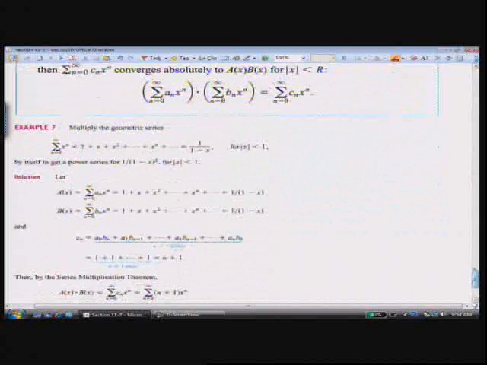In this example, they're multiplying the geometric series by itself to get a series representation for 1 over (1 minus x) quantity squared. You know that this geometric series is equal to 1 over 1 minus x, and b sub n is that. And if you multiply corresponding terms,